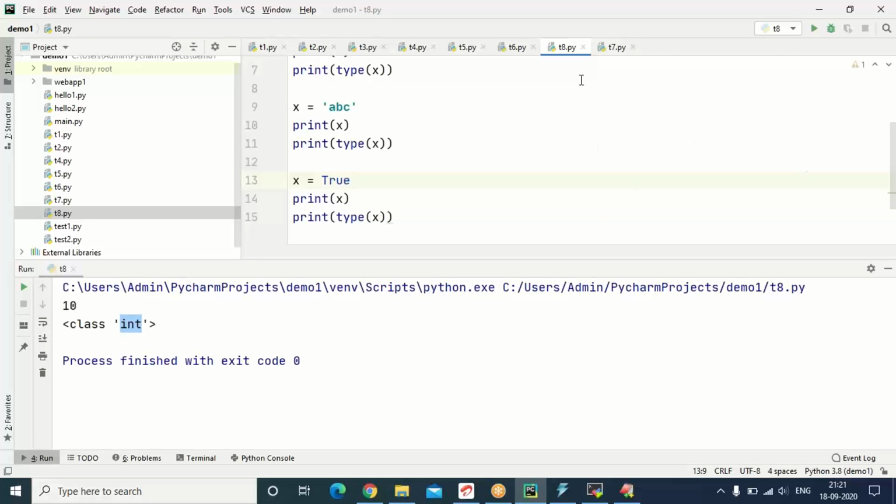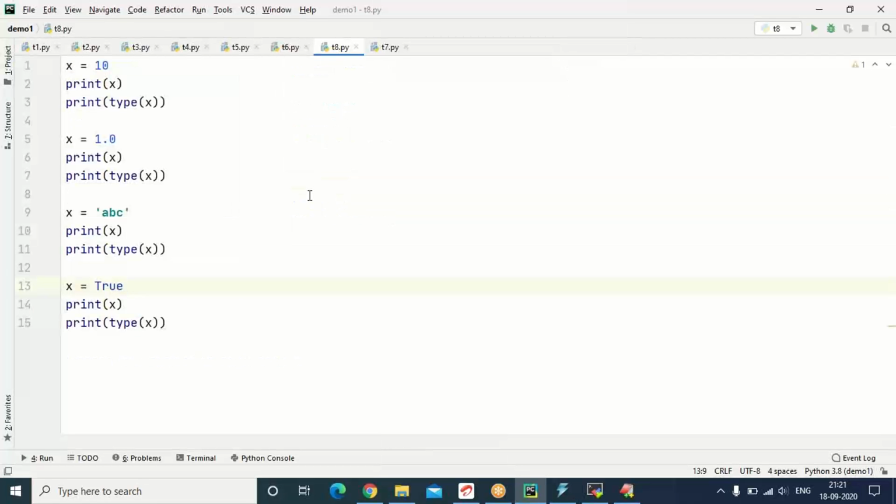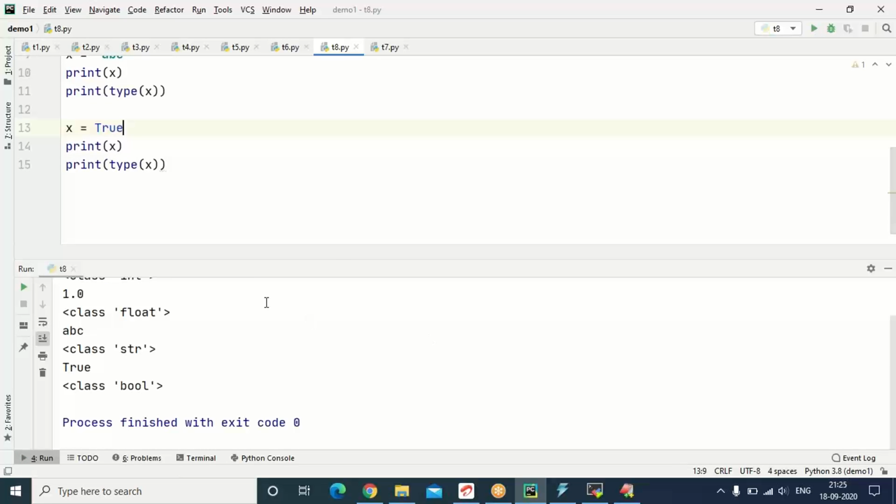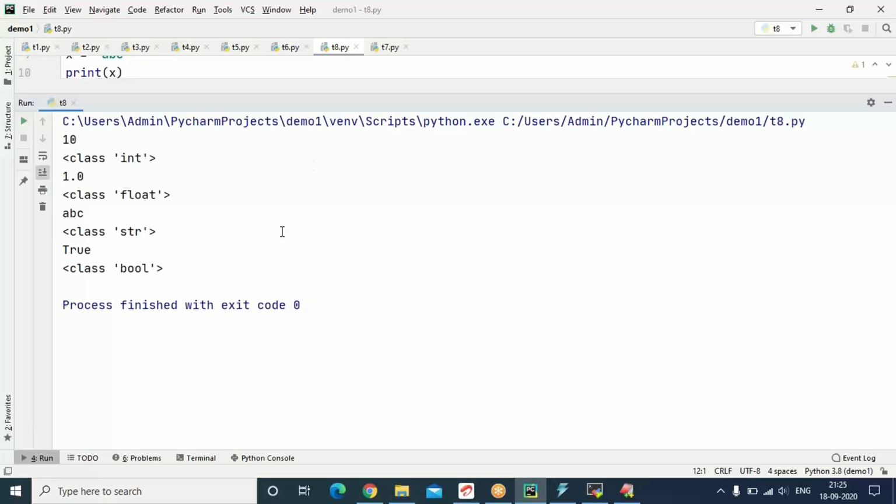You can see the same variable, different values, and based on the value the type is changing. Let me run this one. You can see the type. Initially, it was holding an int value, type is int. Later, holding a float value, type is float. Str, bool.